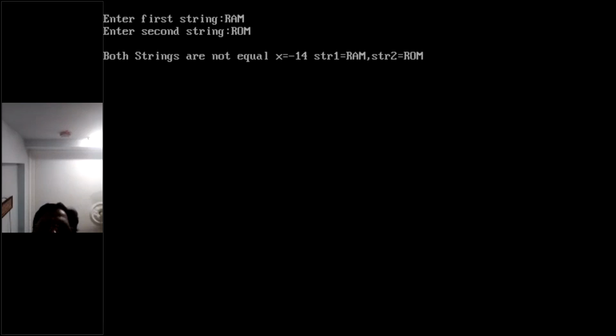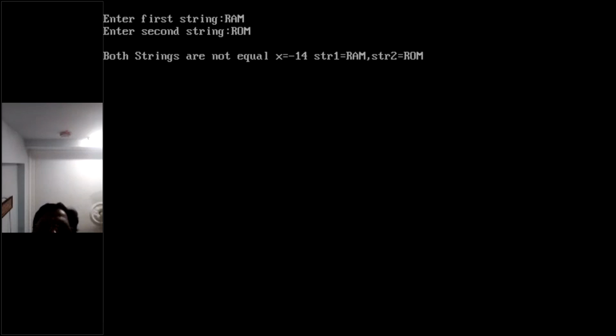Let us see. The first string I'm going to take is RAM, then the next value here is ROM. Then what does it say? Both the strings are not equal. Then x is equal to what value?